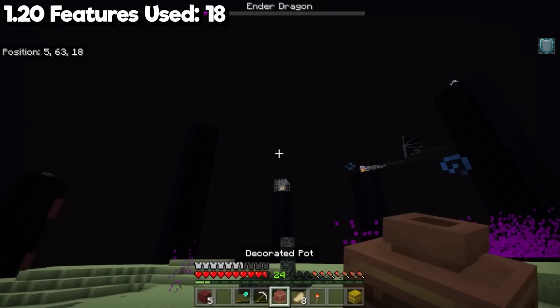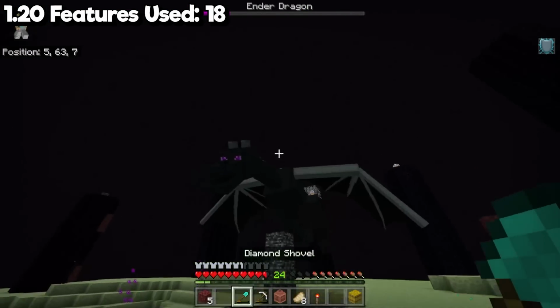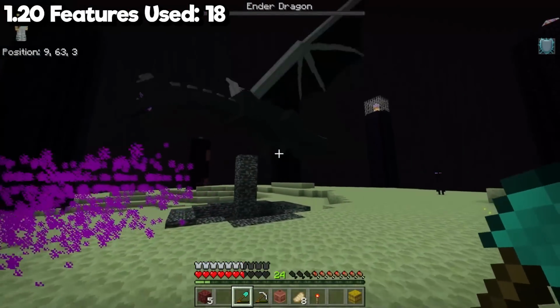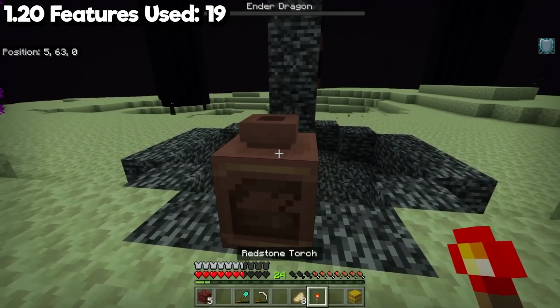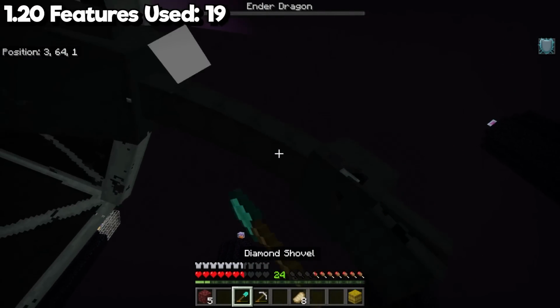I'm excited, my pot strategy is gonna come into play. This decorated pot is absolutely crucial if I want to kill the dragon. So here's what you gotta do, right? If you wanna kill the dragon using 1.20 features, it's a very useful pro tip. You're gonna place down your decorated pot. This is gonna be a summoning tool. You're gonna put a red torch in there, and then Herobrine is going to, I'm just kidding,